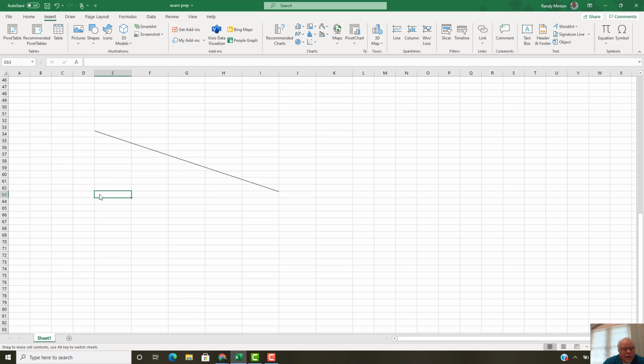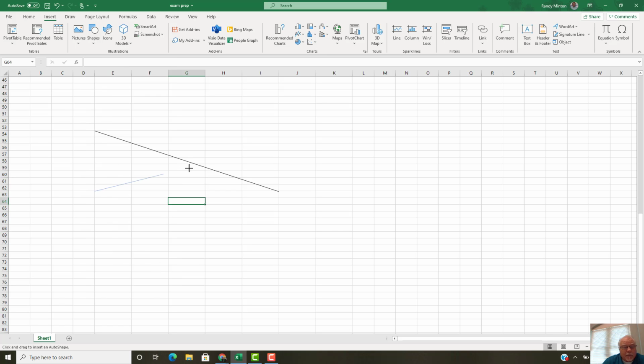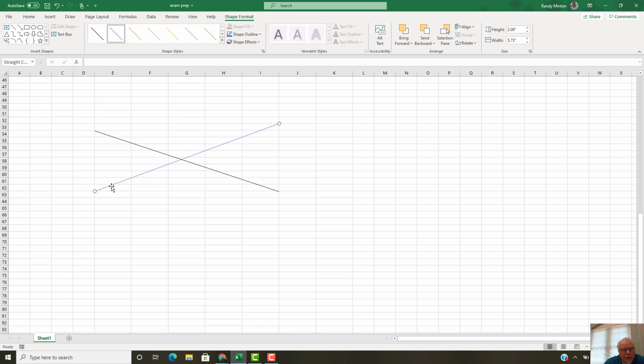If I do that, then the variable cost, well, it's not doing the right thing for me for some reason or another. Shape. I want to insert a shape. There we go. It's going to look like that. Because the more units I produce at $1.50 per unit, the higher my cost is going to be. So on a per unit basis, the greater the volume, the less the fixed cost per unit. And on a variable cost basis, the greater the volume, the more the total cost is, and the